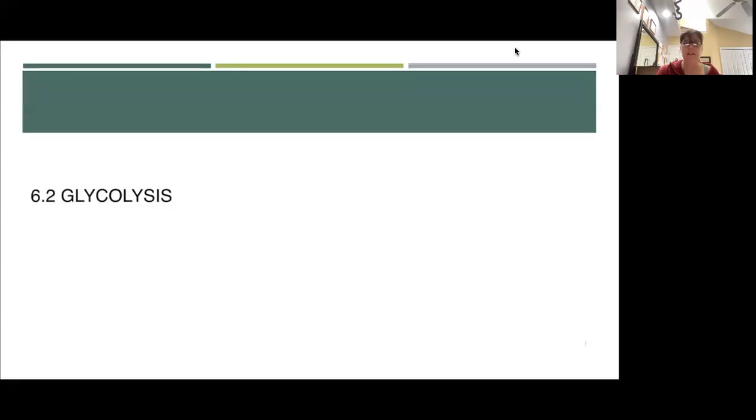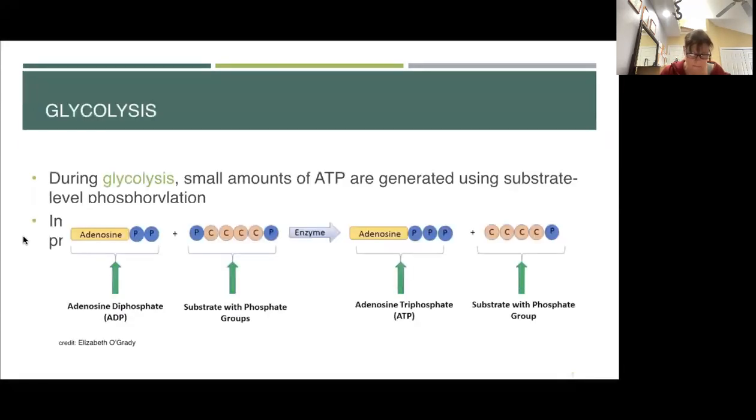Okay, so we're going to go into cellular respiration. We're going to start with a process that occurs outside the mitochondria. It is called glycolysis. During glycolysis, small amounts of ATP are generated using what's called substrate level phosphorylation. Substrate level phosphorylation is where we are going to use an enzyme to put a phosphate onto a molecule to